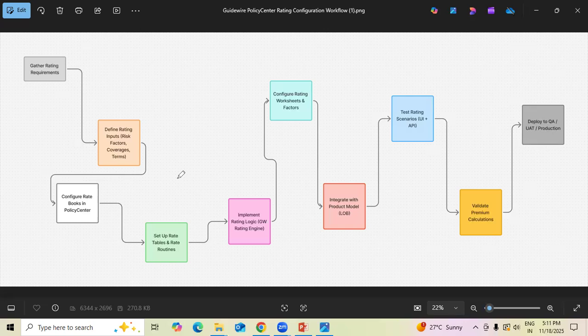So that setup configuration process we have to define as a BA. This implementation is done by the development team. Next, this is completely the technical team's work: implementing rating logic in the Guidewire rating engine,